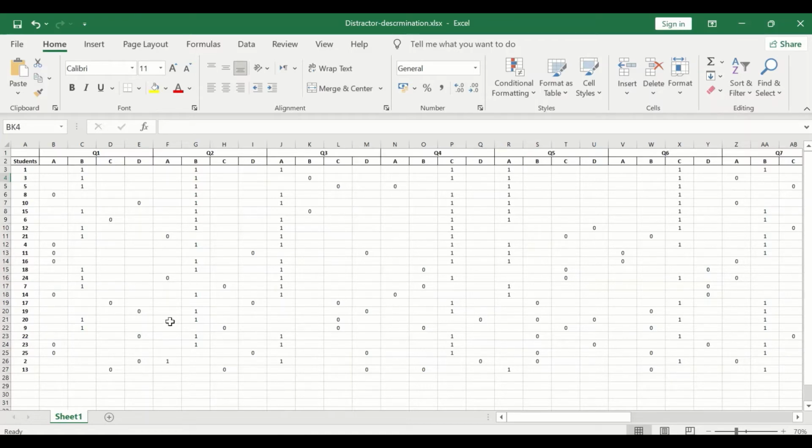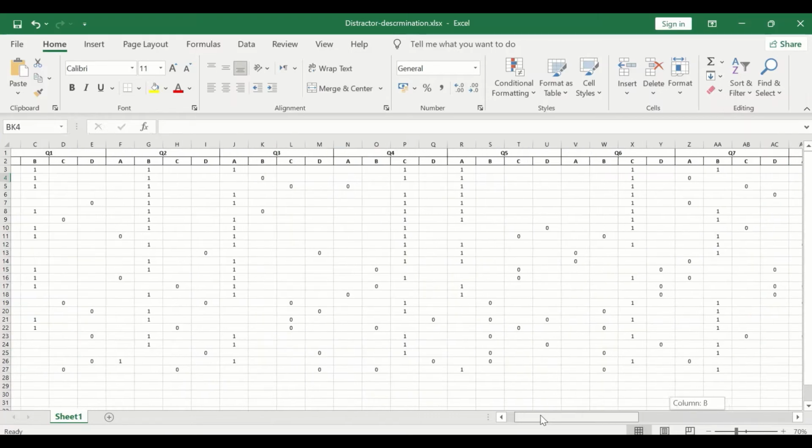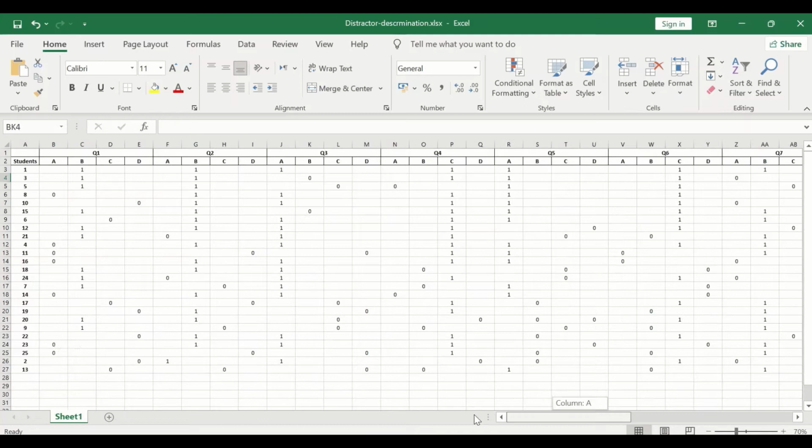So we're going to select the data for the top 7 scorers and the data for the lowest 7 scorers. And the way to do that is to type here